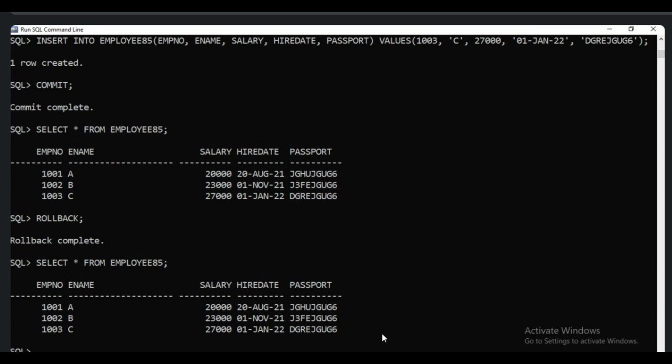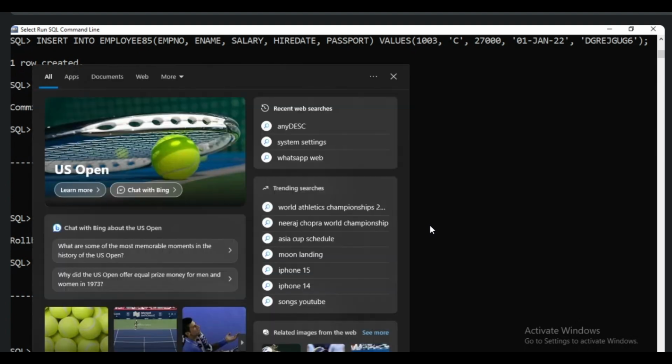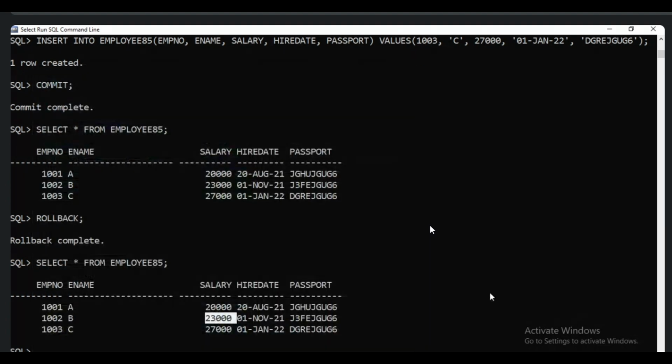So now I will explain the update command. For suppose the employee 1002 is there, and the employee number 1002's salary is 23,000. I am planning to give a 2000 raise, so we have to use the update command. So the update command is update